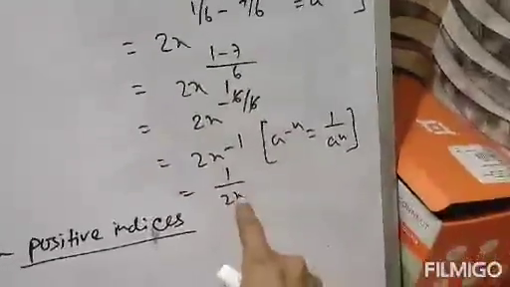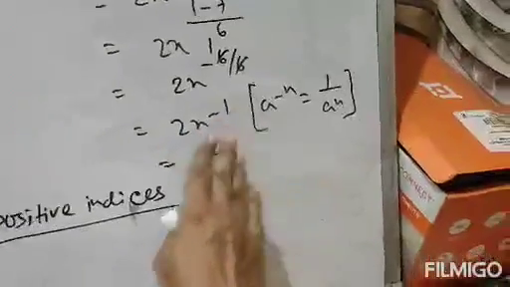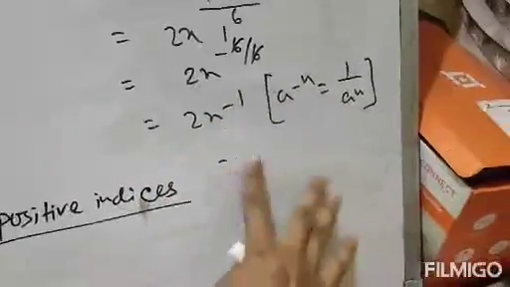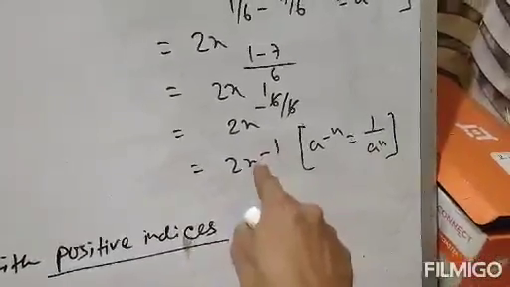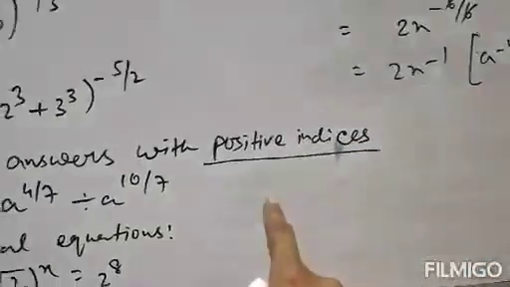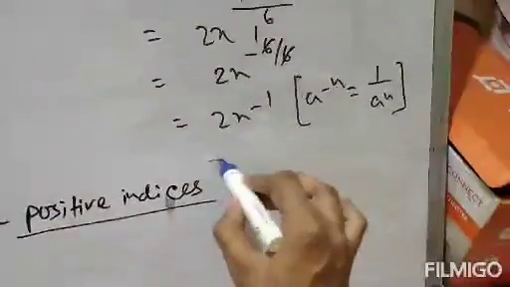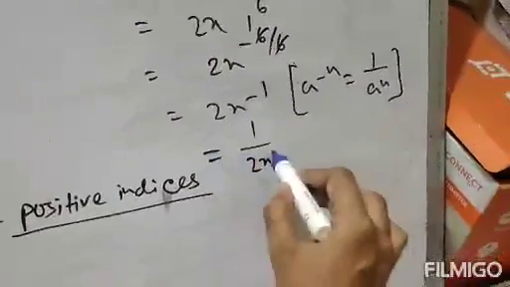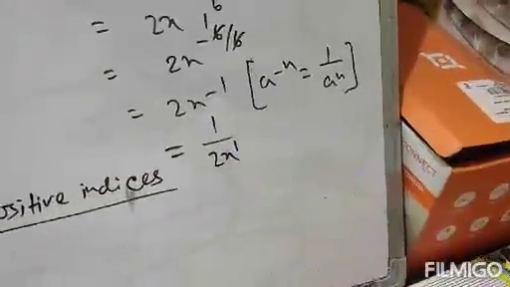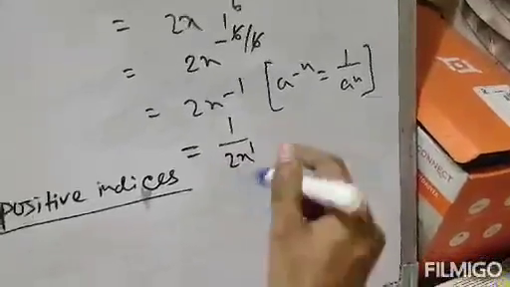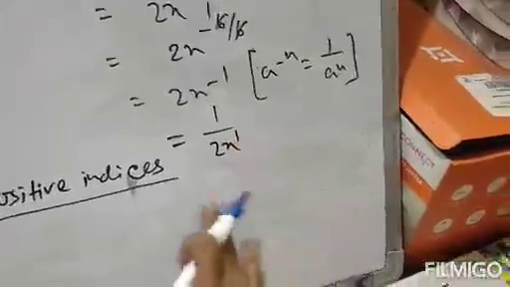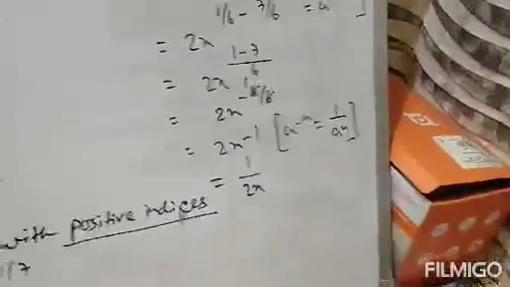So look at this. This is the positive indices. If we just see 2x to the power minus 1, that is the negative indices. Suppose I am not writing 1 by 2x, then the answer is with negative indices. But the question clearly says express the answer with positive indices. That means we have to do 1 by 2x. Only then that is the positive indices. Now here for 2x the power is 1, so we can write 1 by 2x to the power 1 or 1 by 2x, both are same. Clear? So here power is 1, which is positive. So that is the answer.